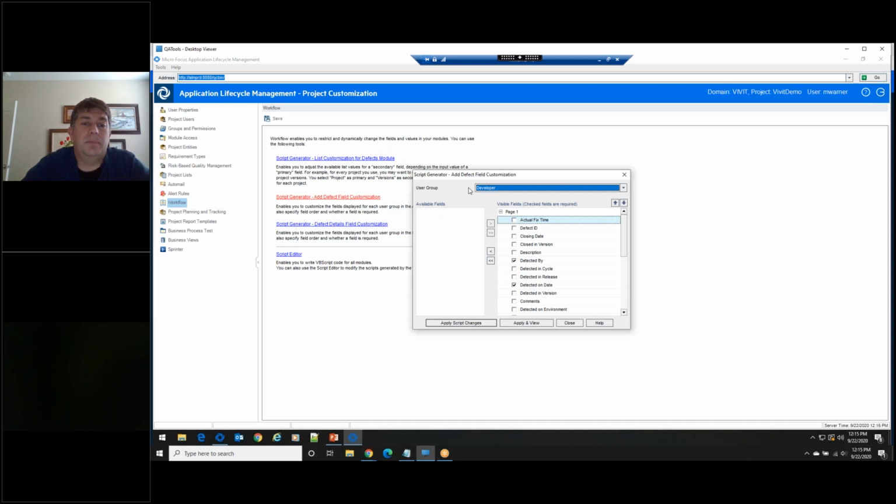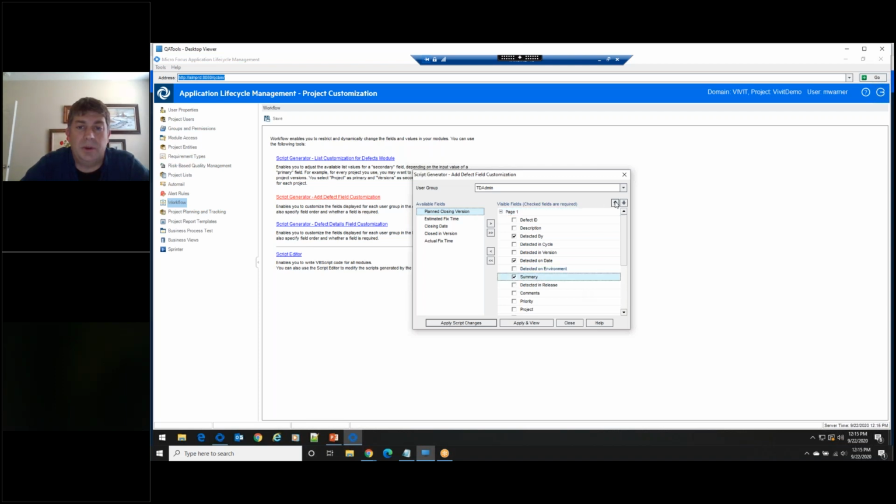So in add defect, it comes up, and you can see here it's pretty simple. First, you select the user group, and I'm just going to click TD admin because that's what my user is. And then it's just as simple as moving the fields over that you don't want. Don't want that one. Don't want that one. I don't need to know the estimated fixed time yet or planned closing version.